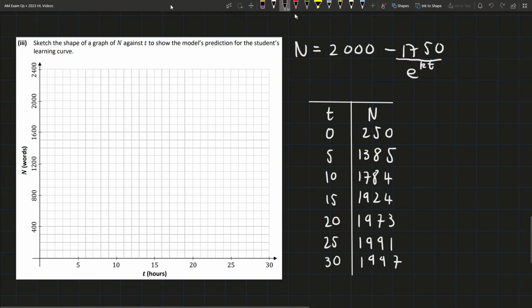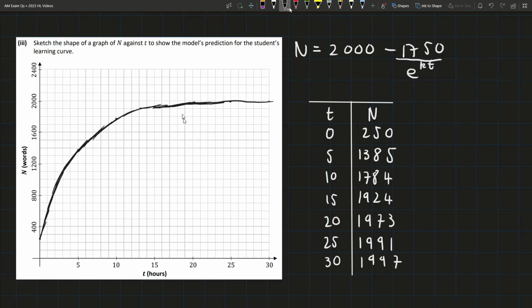So we can just plot the points. So then once you plot all the points, you can just connect them together and make sure it's kind of curvy, because as you can see, it's not linear. It's a type of exponential curve, so it's going to curve. It's going to kind of level off as we go up. So it's not perfect, but something like that, if you use a ruler at the end,